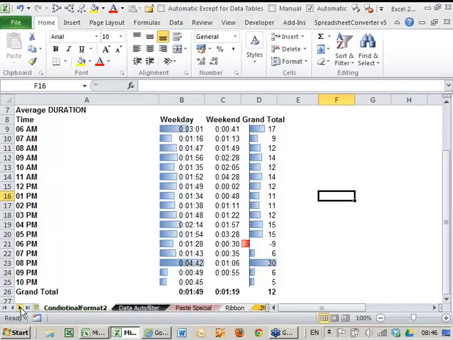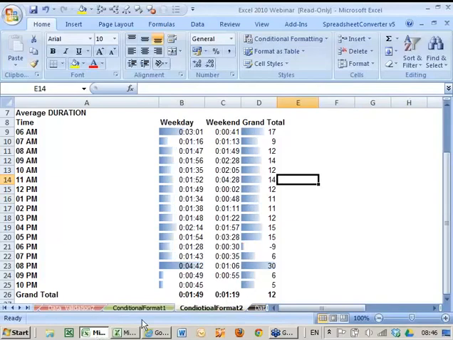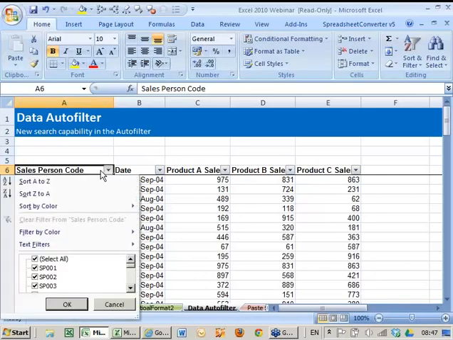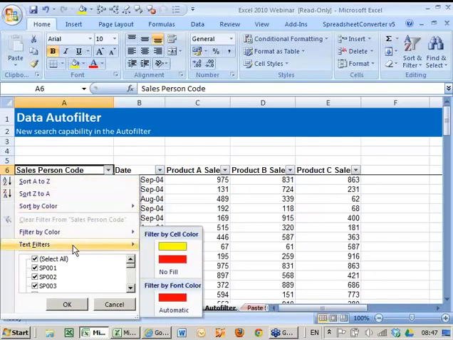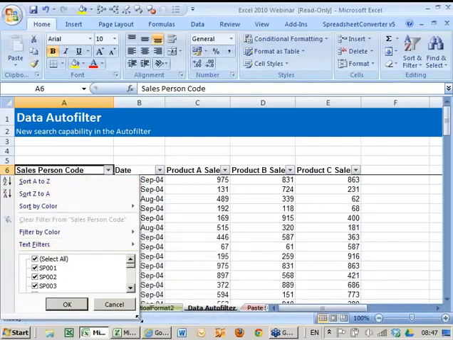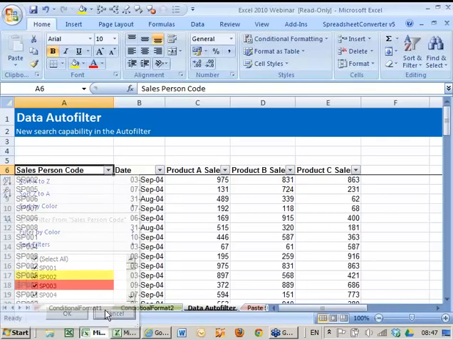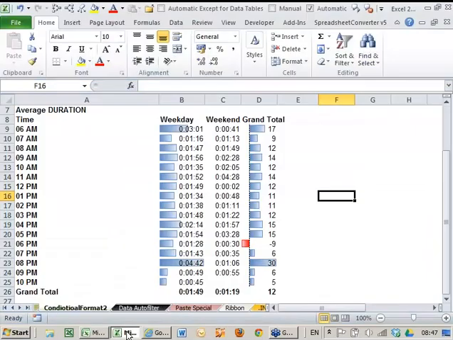Another new feature, although slightly minor, is to do a data autofilter. So let me just remind you what it looks like in Excel 2007. So Excel 2007, you've got this long list. We've switched the autofilter on. When we click on the drop down, you'll see you've got the ability to sort and filter, and then you can choose. So you can see you've got all these items you can choose from, and sometimes these are very long lists. The new feature in Excel 2010,